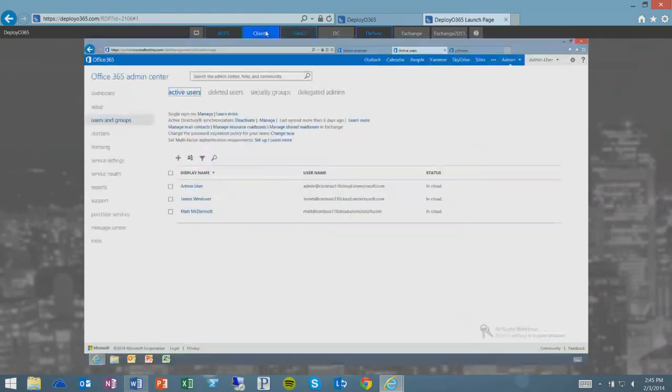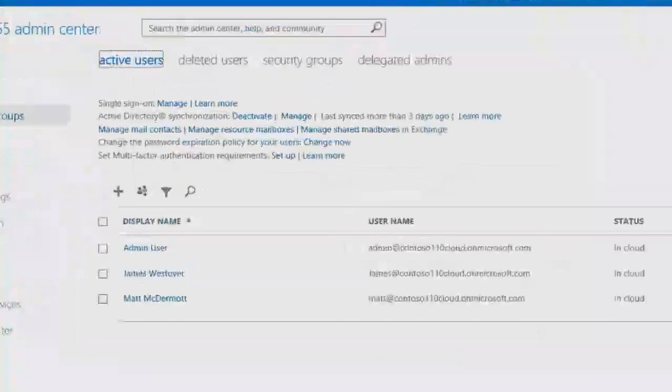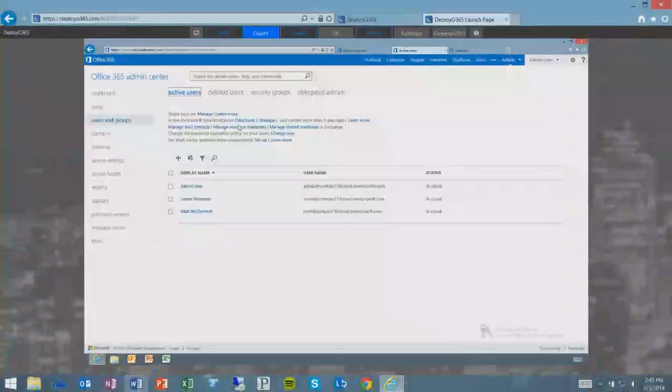So now I'm going to show you a system that is actually utilizing directory sync. So I have single sign-on running. I can manage it. I'm actually activated from a synchronization perspective. I have these users who were built in the cloud, but I can now synchronize users from my Active Directory. So really easily, I can see directly from here, I am in the mode where I'm activated and ready to do DirSync. So what does that